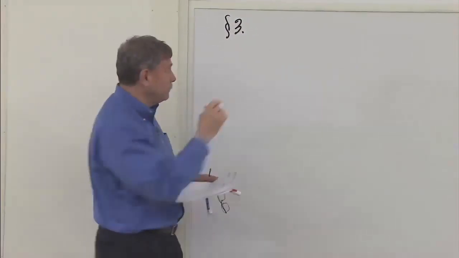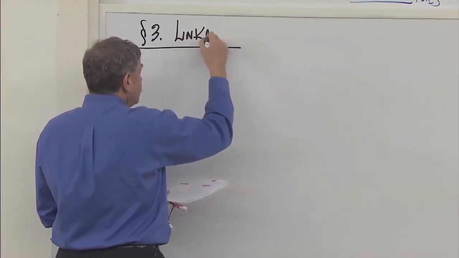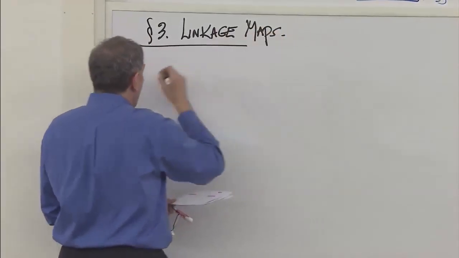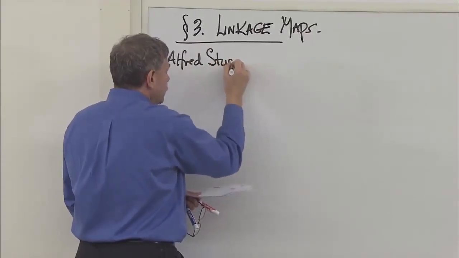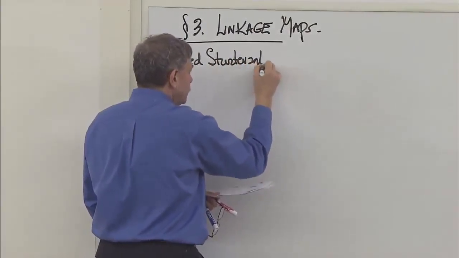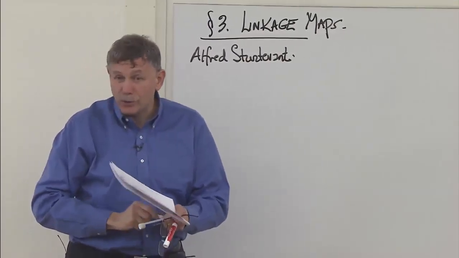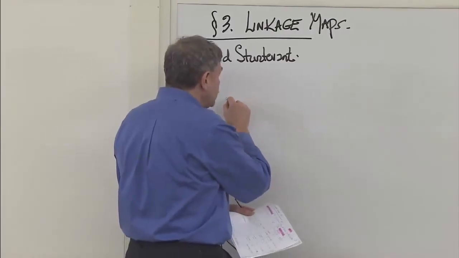Section 3, linkage maps. Where our hero, Alfred Sturtevant, the 19-year-old junior at Columbia, takes home the data and figures out why the chromosome theory really, truly is right. So he starts out saying,